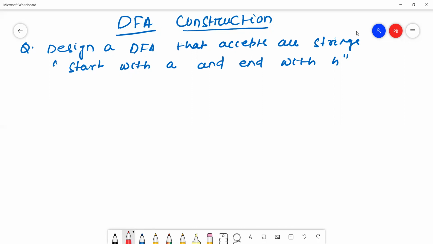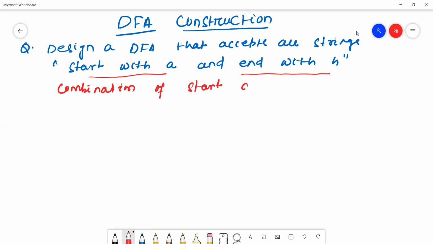Now, start with A and end with B is just the combination of start and end.